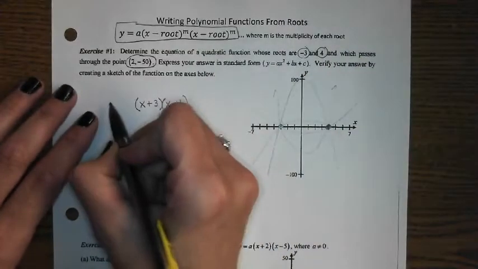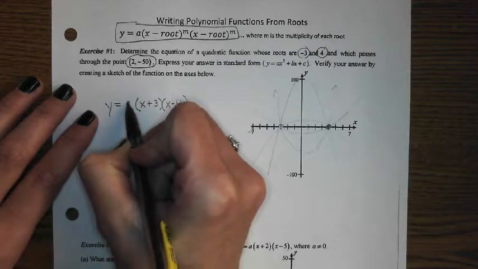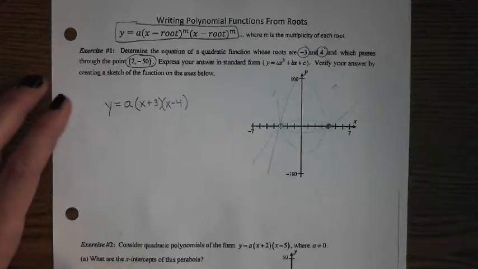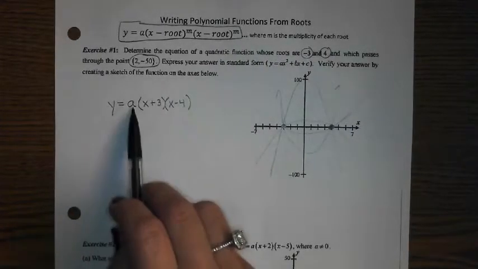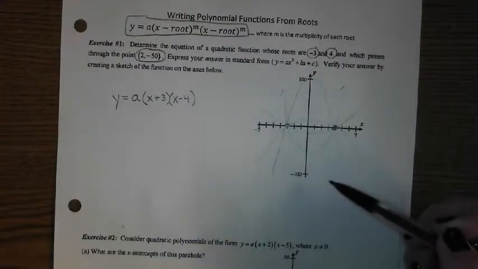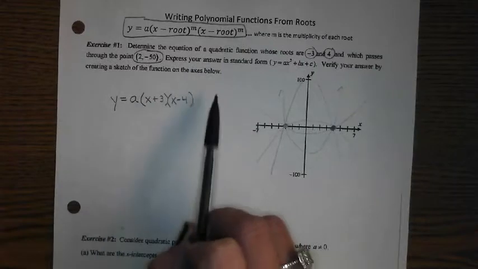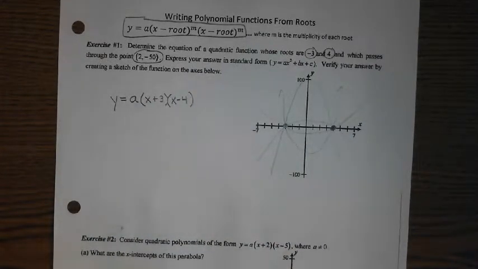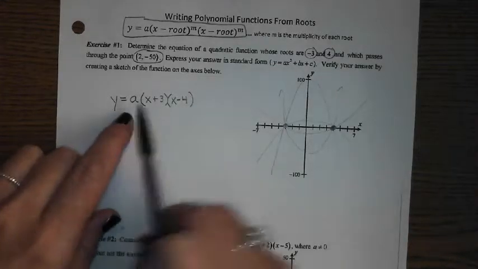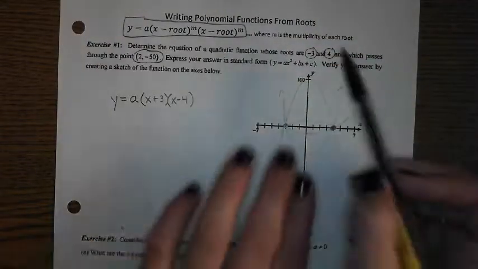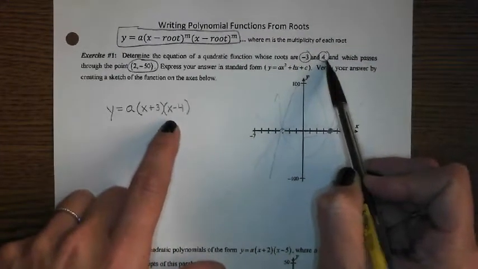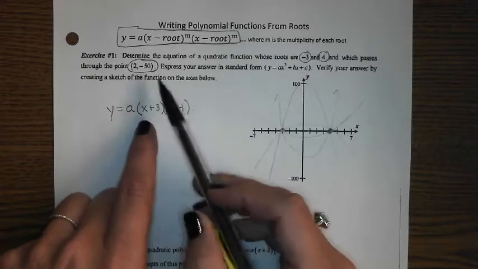So here's the general format. It's always y equals, there's some a value that I have to figure out. And that a value will further determine, is it opening up or down, and also how steep it is. The bigger the a value, the steeper your parabola. The smaller the a value, the wider your parabola. That has to do with vertical stretching. The bigger a is, the bigger the vertical stretch, the taller and skinnier we are. So on top of giving you the roots, that's going to create factors, they also have to give you